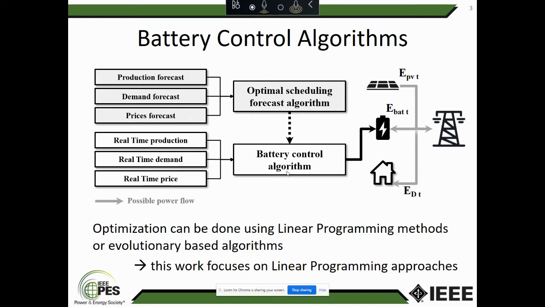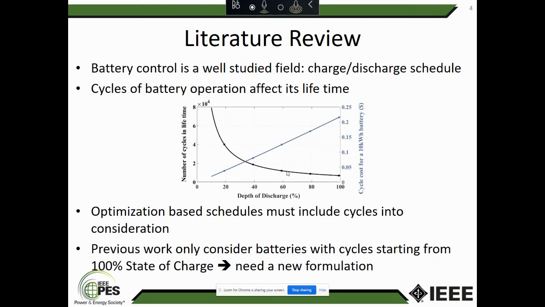In this talk, we will address the problem of optimal scheduling algorithms. In terms of optimization, it can be based on linear programming methods or evolutionary algorithms. In this work, we only address the problem of linear programming optimization-based control algorithms. In terms of literature review, battery control is a well-studied field with many publications